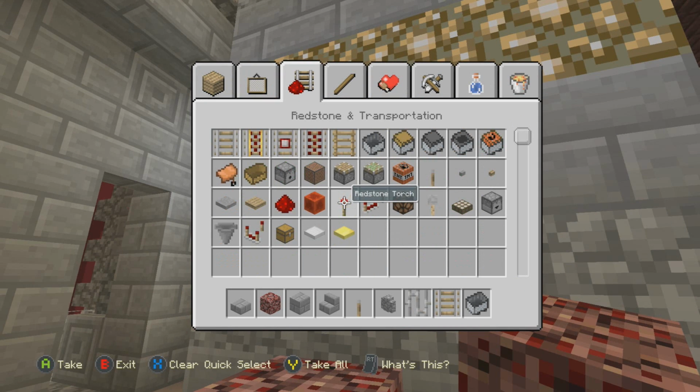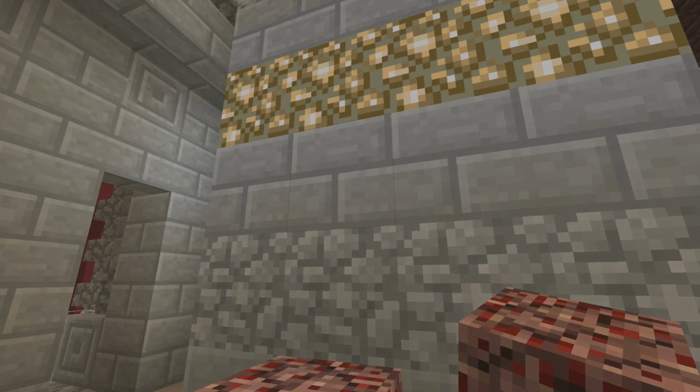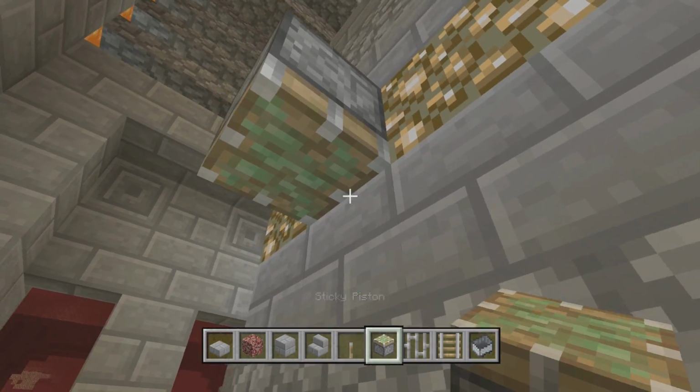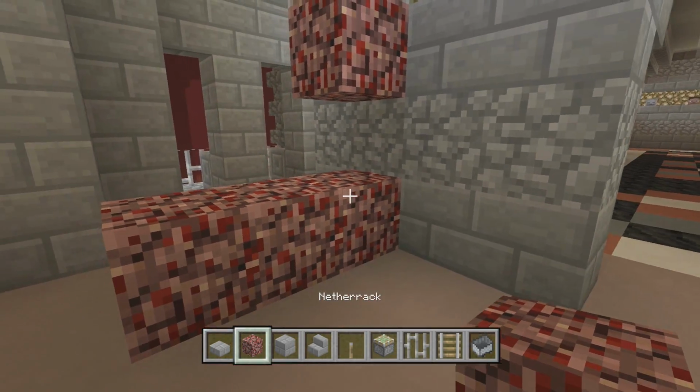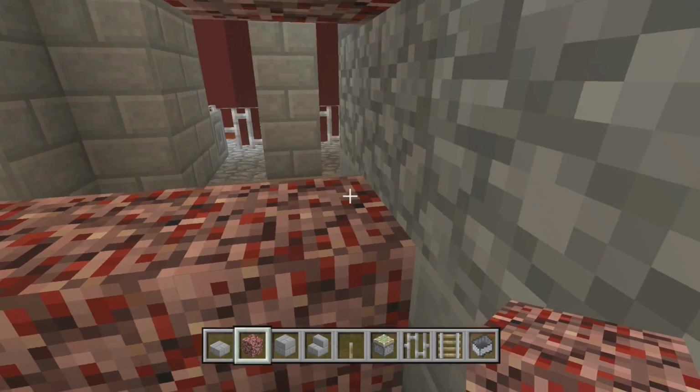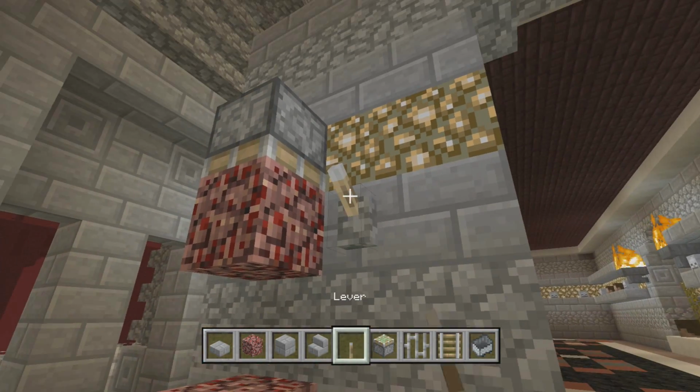Where's the pistons gone? There they are. We get a piston. Let's put that there. And then we put a block below it. You would lay this way, so your legs would be at that end. And then this can be...